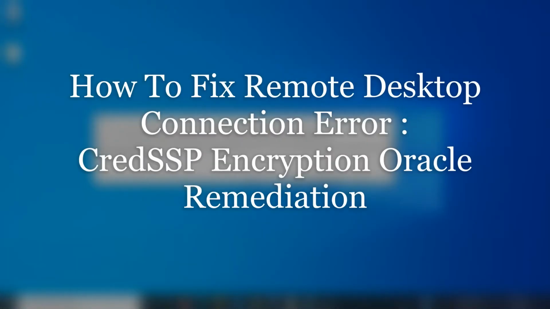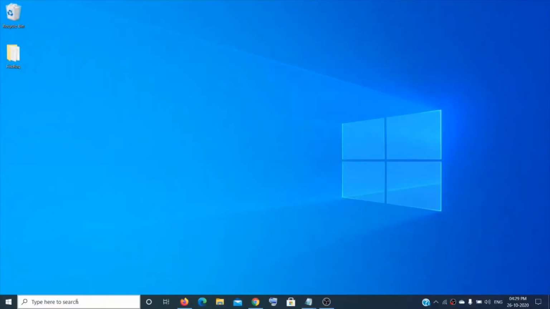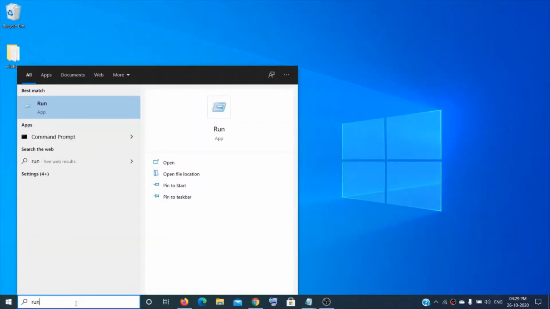In this video, I'm going to show you how to fix remote desktop connection error, CredSSP Encryption Oracle Remediation. So many users get this error after Windows update when you try to use the remote desktop connection with other Windows computer. So first thing that you have to do is just go to search box and type run and